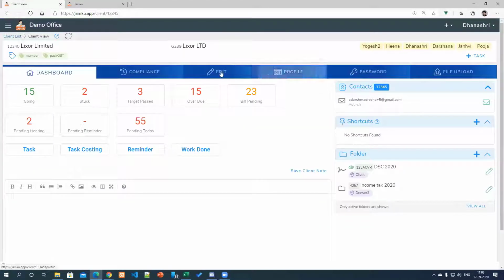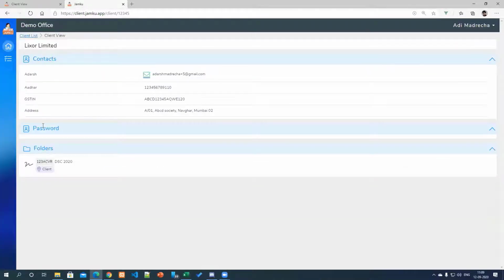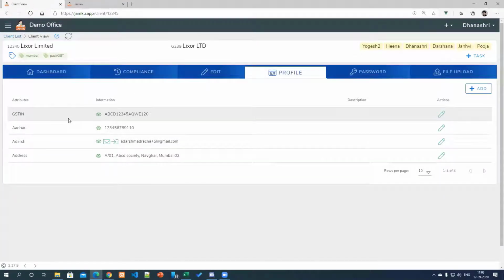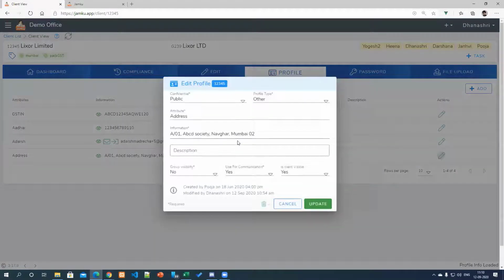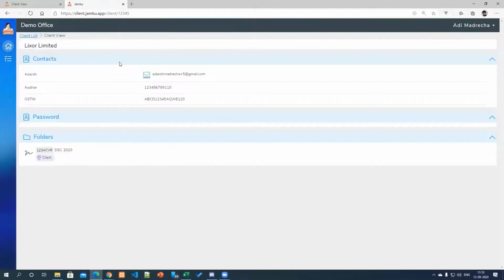And in the profile section, I have made other information visible, the Aadhaar number, GST number. So when the client wants to know all this information, he doesn't have to call the office for these. He can just open the client portal and have a look at the Aadhaar number, GST number, and all the other profile that you have shown. But suppose you don't want him to view his address, because of course he knows his own address, so you can just say client visible no update. And so you can see here we don't have a green I symbol here. And when the client refreshes here, you can see only these email ID, Aadhaar number, and GST number.